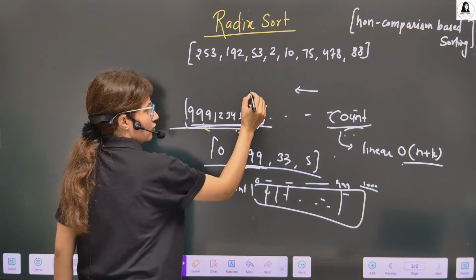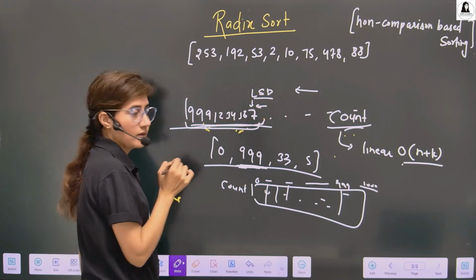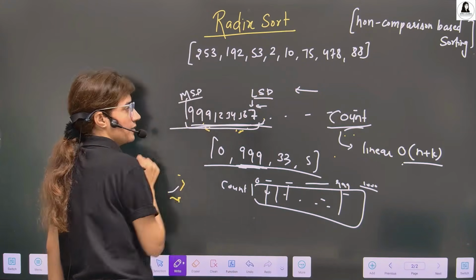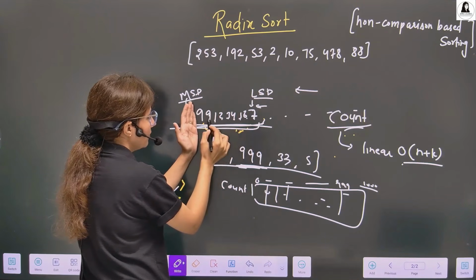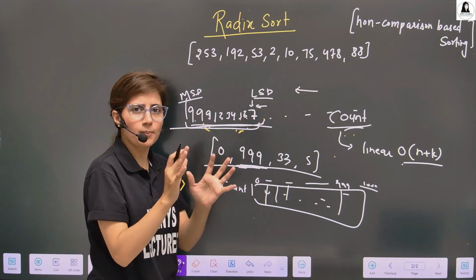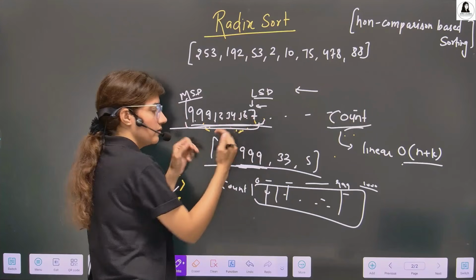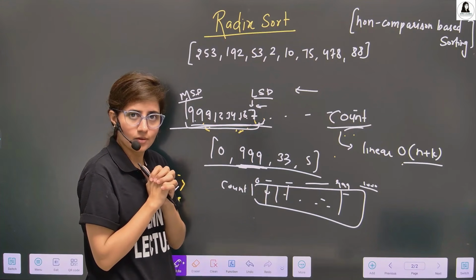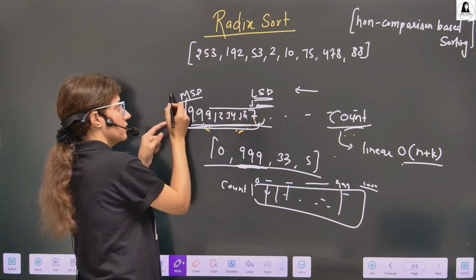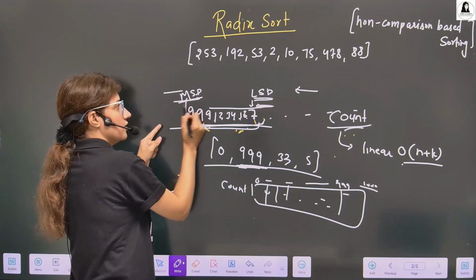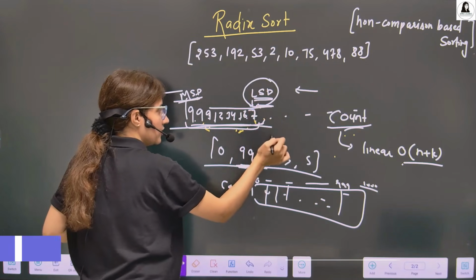This is generally known as the least significant digit, and this is the most significant digit, MSD. So we process this digit, then this, then this, then this. Based on digit by digit, we compare each element. We don't actually compare, but we apply count sort based on a digit. We process digit by digit, not the whole number. Either we can start from the least significant digit, or we can start processing digits from the most significant digit to the least significant digit. But the most common approach is this one: we start from this digit and we move here.